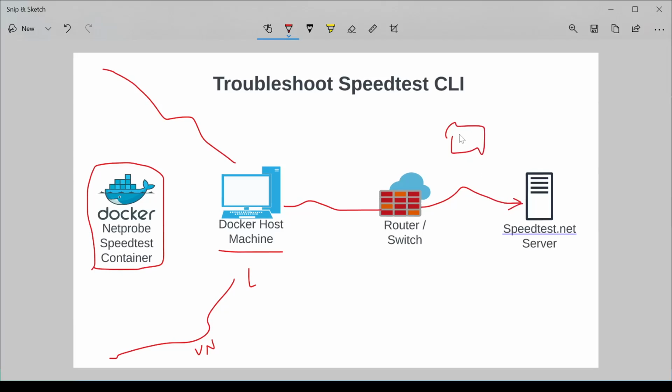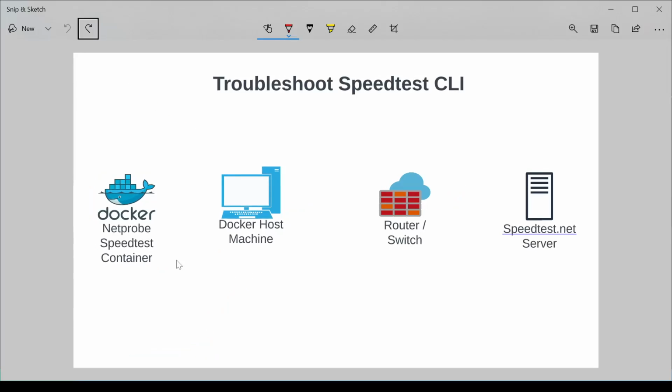So you can understand why I'm a little bit confused as to why running the script from this location, which sends my traffic this way, gives me full speed, and running it from inside a container on the same machine, basically going through the machine itself to the router switch and then the same path, yields much smaller bandwidth. So in order to troubleshoot this, what I need to do is get some capture files, some